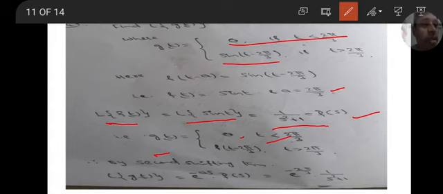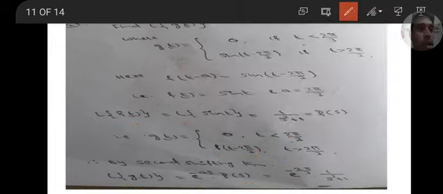So L of f of t, that is L of sin t, is 1 by s square plus 1, that is f bar s. And g of t is 0 for t less than 2 pi by 3, the step is the same. Sin of t minus 2 pi by 3 means f of t minus 2 pi by 3, for t greater than 2 pi by 3. So by second shifting theorem, L of g of t equal to e to the power of minus as into f bar s. A means 2 pi by 3, so e to the power of minus 2 pi by 3 s into f bar s, where f bar s means 1 by s square plus 1. Okay, that is the answer.